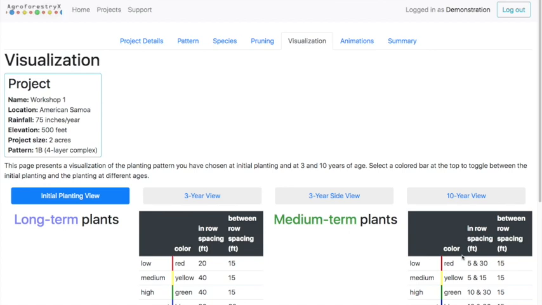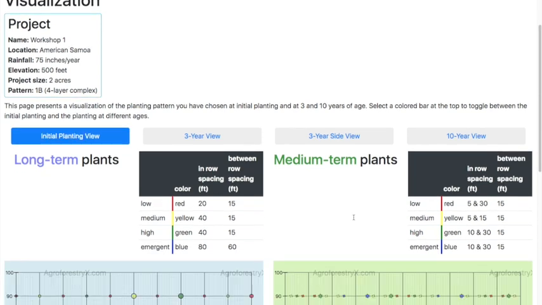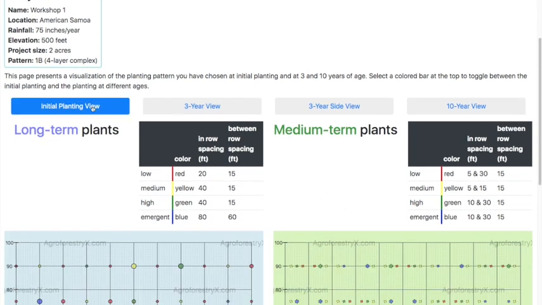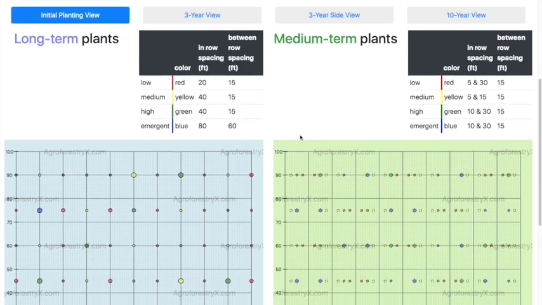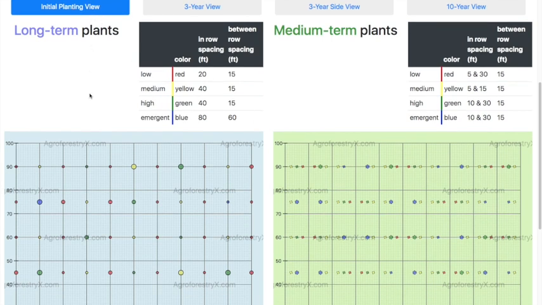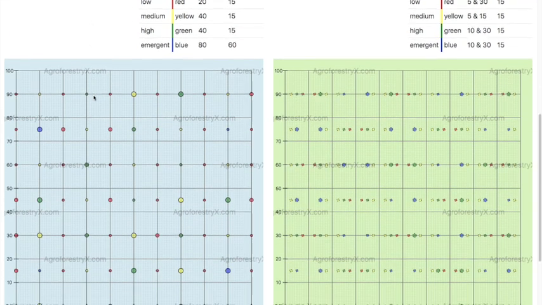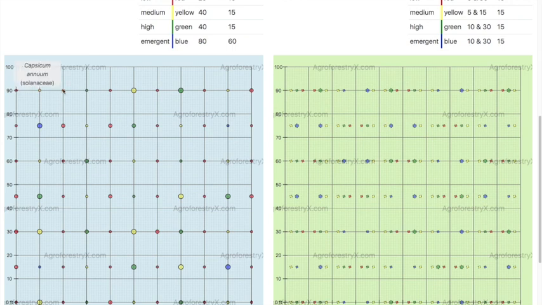This takes me to the visualization page. Now here, you'll notice we have these tabs at the top. The initial planting view, the 3-year view, 3-year side view, and 10-year view. And you can toggle between these views as needed. We start out in the initial planting view, and so here you can see the layout of the different organisms that you chose and where they would fall on the pattern.